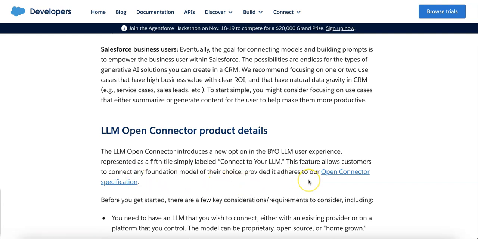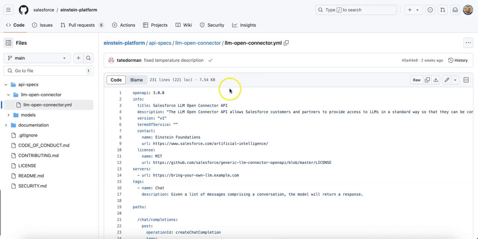So I will show you how you can easily integrate LLMs using MuleSoft. Let's first take a look at the API specification, which you can find on GitHub: Einstein platform API specification, LLM Open Connector. And you have this YAML. I have downloaded it already. So I can go now into